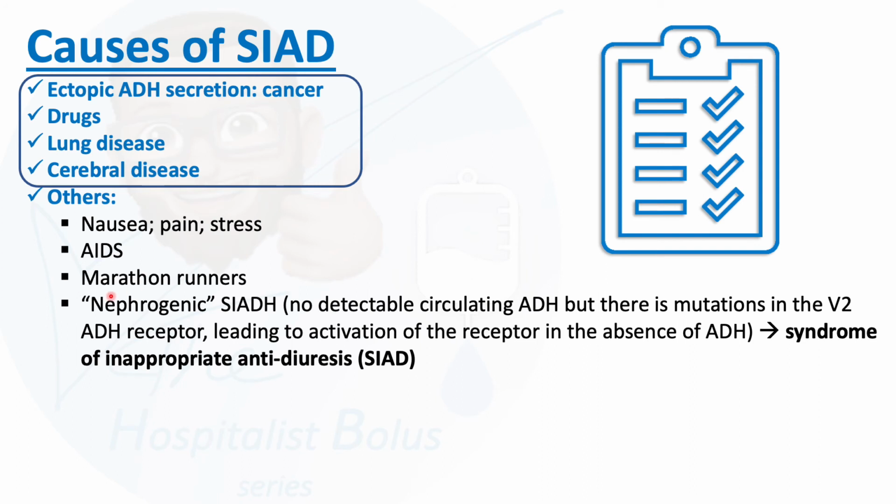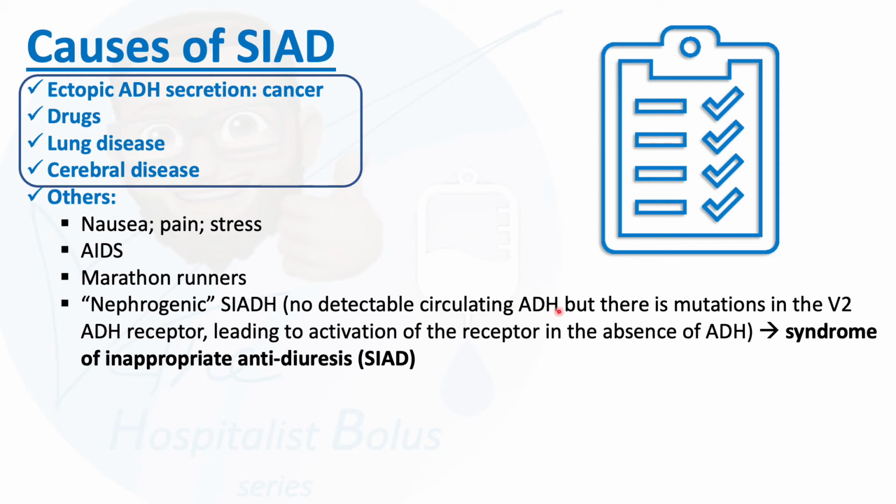And also there is nephrogenic SIAD, which is basically when I mentioned that not 100% of the cases of SIAD are associated with increased ADH. This is one of them, maybe the main one. So the serum ADH level is not really detectable. Again, in most cases of hyponatremia, we don't really check serum ADH. We talked about the fact that it's very short-lived, and it can go up and down, and it's not readily